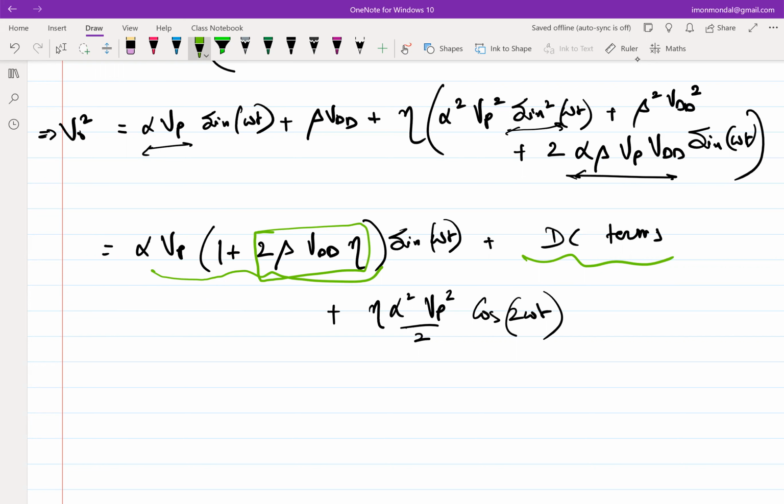Right? So in principle, I can crank up VDD to whatever value I want at DC. VDD is still at DC. I can crank it up to whatever value I want to get this amplitude of sine omega to be as high as I want. So if I can do that, essentially I'll be able to get a power amplification. And this is happening because you have a